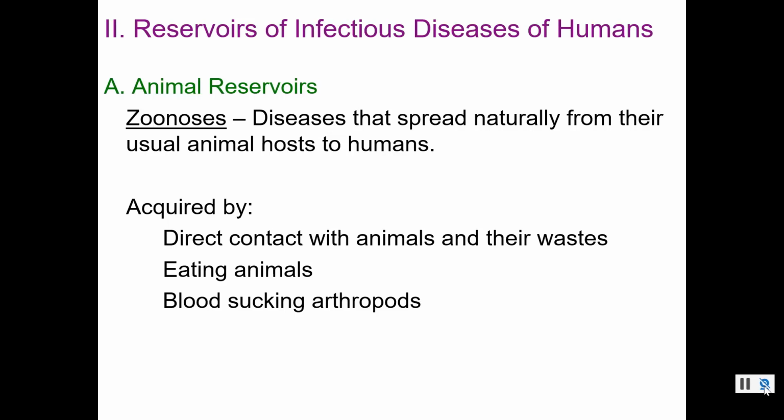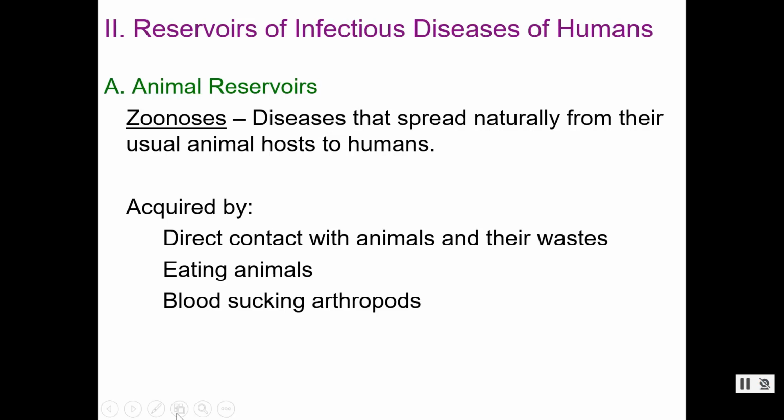All right, so how do we get in contact with these zoonotic diseases? Sometimes it's eating the animals. They think that coming in contact with and eating the animals can do it. We can have direct contact with the animals, an animal bite, or even touching the animal or their waste products. And then we can also have zoonotic diseases that are spread from animal to human by an intermediary, a blood-sucking arthropod. So these are mosquito viruses, malaria. A mosquito will bite an animal that has malaria and then bite a human and spread it to humans that way. Fleas, same type of thing, biting insects.